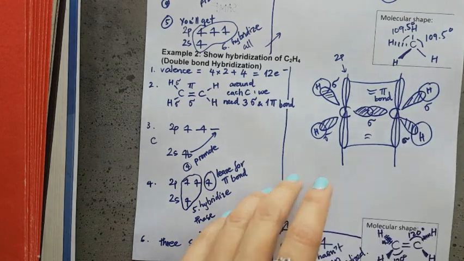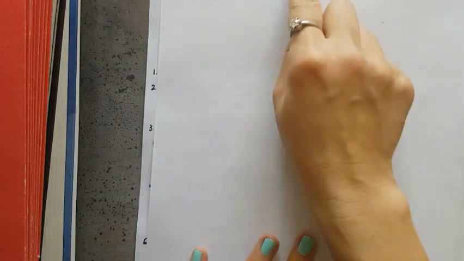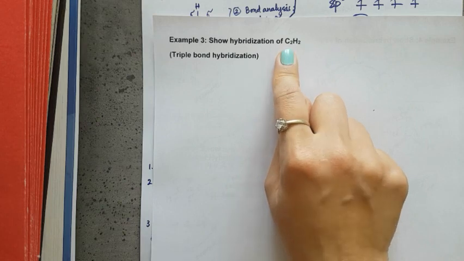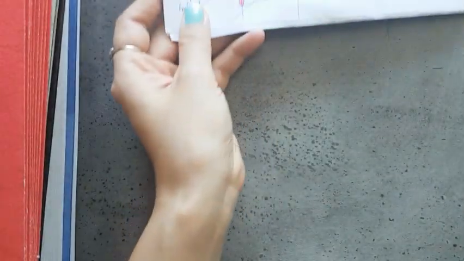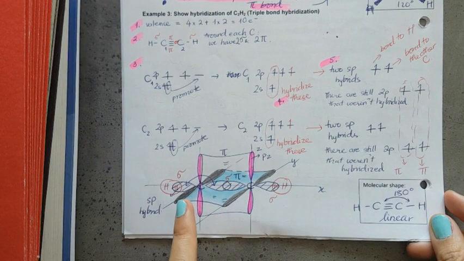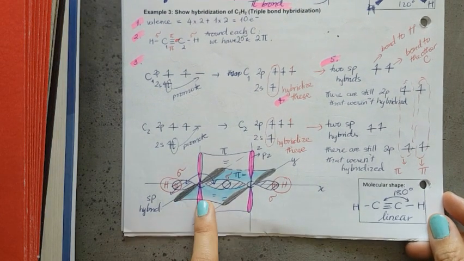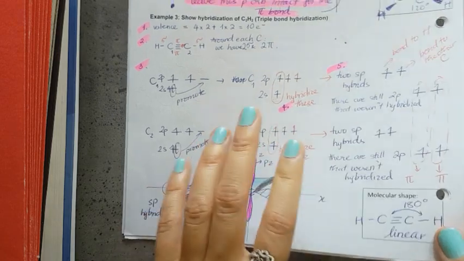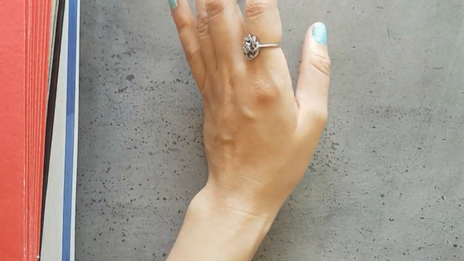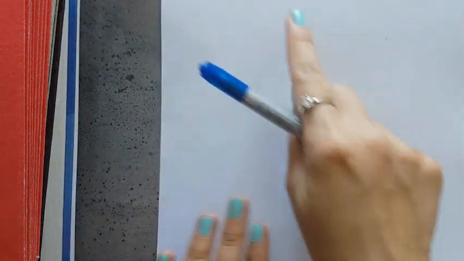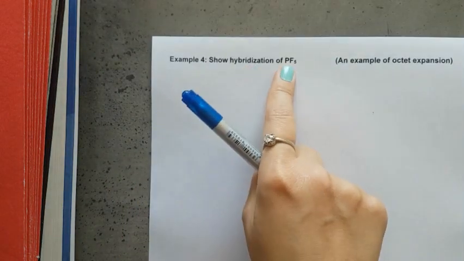which is, let me show you, triple bond, right? So it's not very, very different from what we just did. Although I would like to show you a finished product just so that you see. This is what triple bond hybridization overlapping orbital would look like at the end. And one more example that I'm going to ask you to do for me is, could you extend that to an atom that would require an octet expansion like phosphorus, right? What would it look like for you? So just to show you the end result, and I hope that you will try these out yourself,